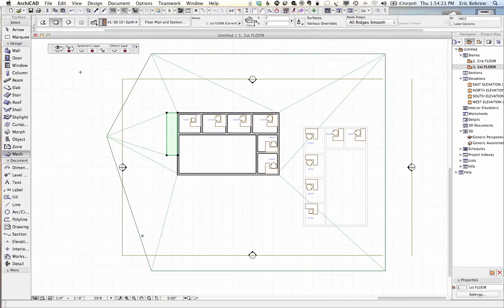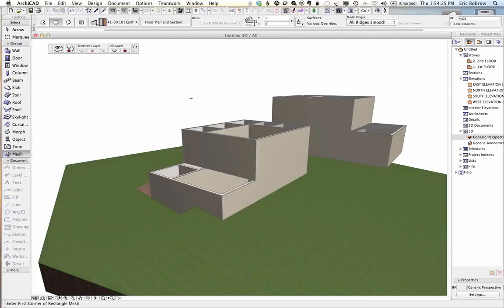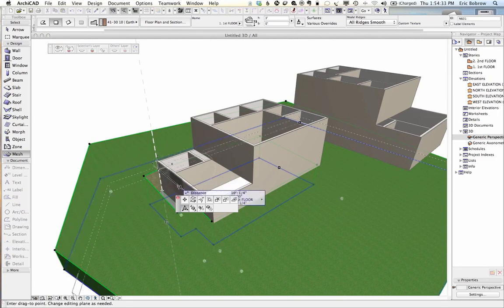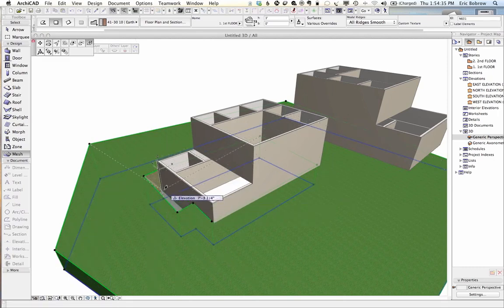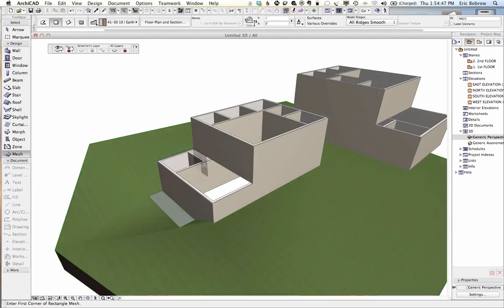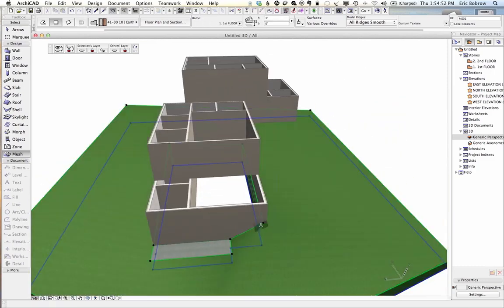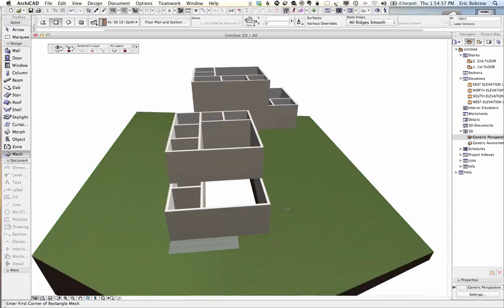Okay, so now if I go to 3D, we're going to see a rather strange thing. Let's just take these points down. Here, I'll take it down there. We'll just take the heights down. All right, and maybe we'll take this one point down also to there. Okay, so now I've got this in context,